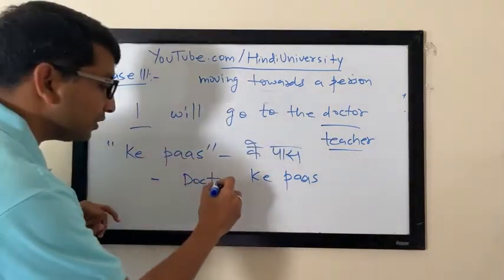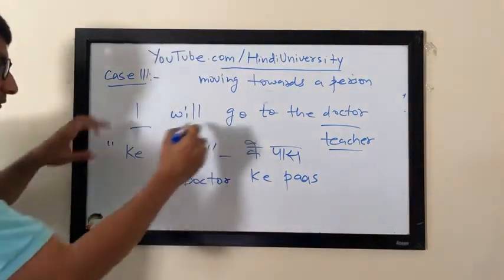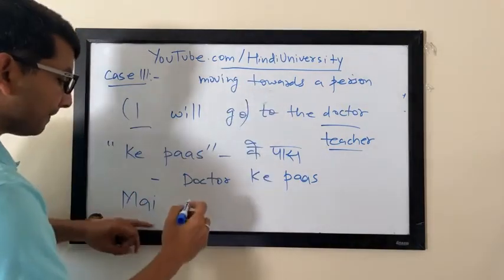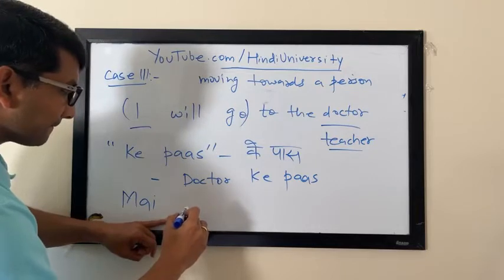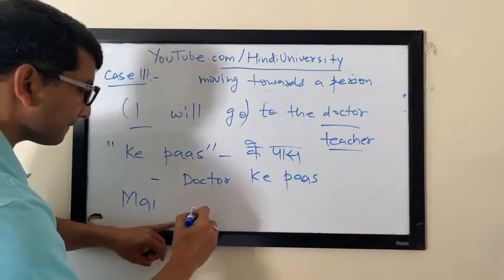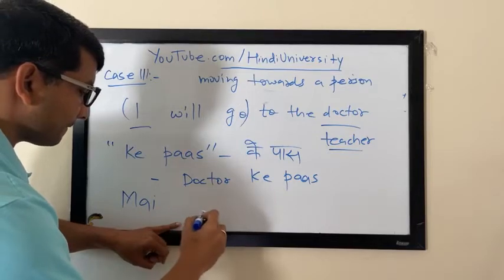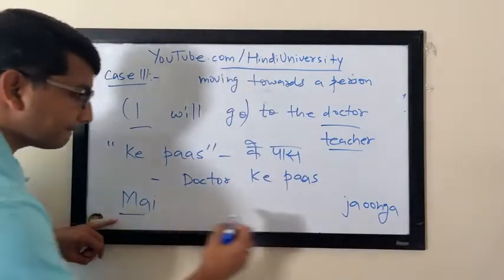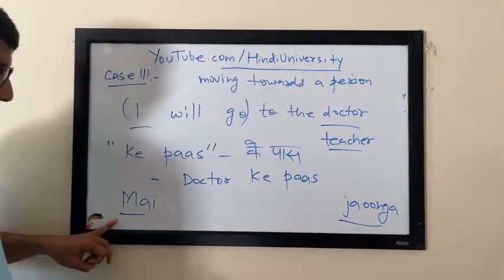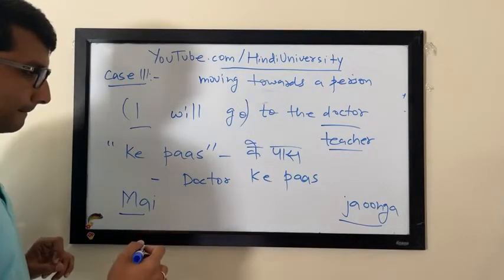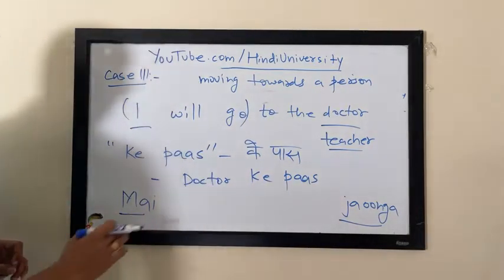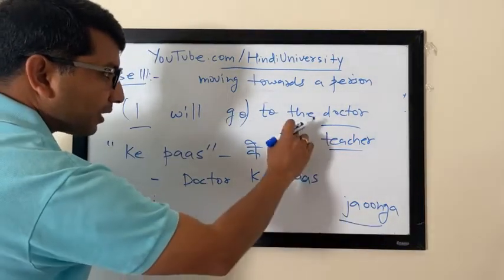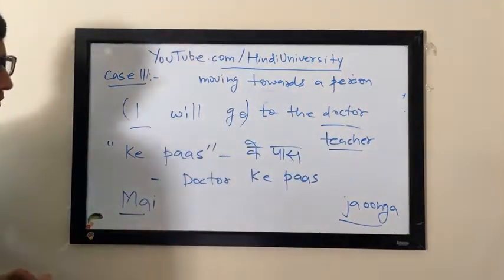So finish it up, Tom. How will you say this part? I will go to the doctor. First say this part. I will go. I'm sorry. The verb, of course, goes at the end in our Hindi sentence, but it will be jaunga, I will go. And then we've just learned that to the doctor, in this case, is Doctor ke paas. Okay, so bring them together. Main Doctor ke paas jaunga. Very good, right? So you started with I will go, which is main jaunga. Hopefully this should be clear to everyone. Now because you're going to the doctor, main doctor ke paas jaunga.